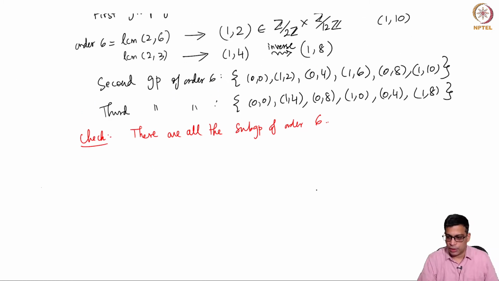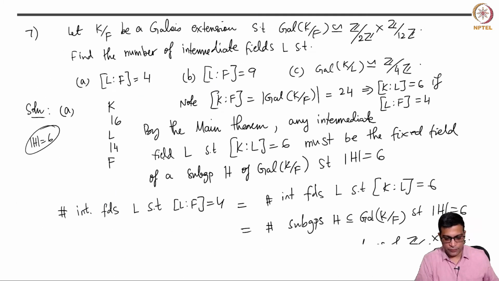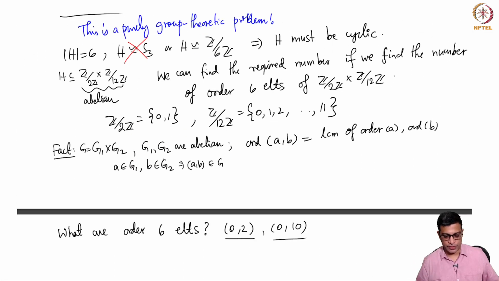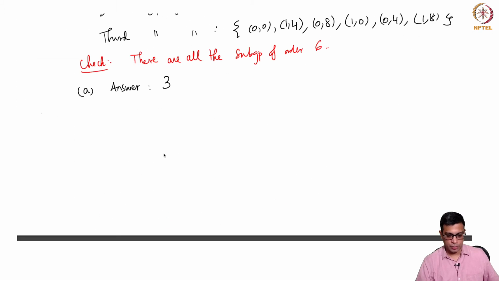Okay, so the answer to part A is 3. There are 3 fields L such that L colon F is 4. Okay, so I hope this is clear. I had to go fast with this, but